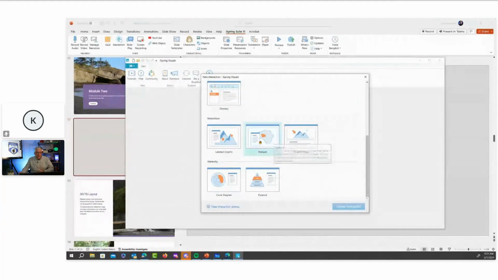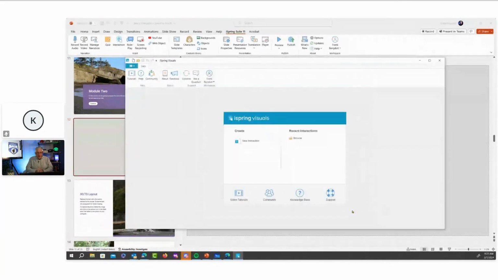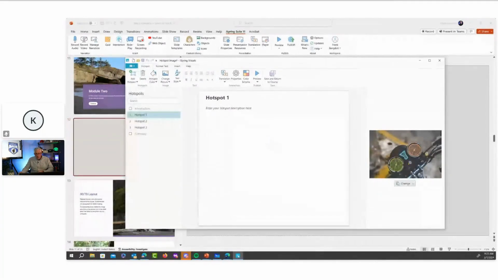One that I might have is, say, a hotspot. And what this is going to allow me to do is put an image into the course, and I'll be able to create an interaction around the image. It'll come up and it'll say, okay, you're going to create this interaction. And you'll notice it gives me a picture of a motorcycle, but I'm going to change that image. And again, this is where the preparation comes in. You could grab it from a clipboard if you did a cut and paste,